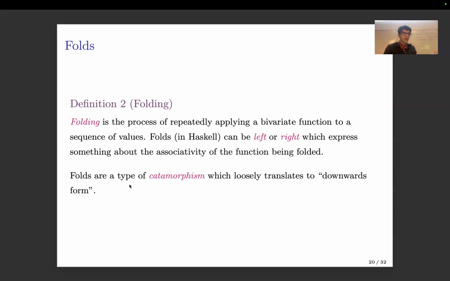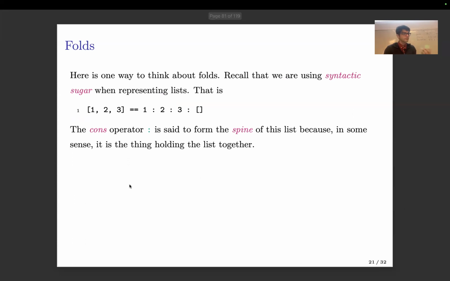Now, students always say that they struggle with folding, and genuinely, I don't understand why, because ultimately the idea is very simple. There's just a few bizarre nuances. So remember how we talked about lists? And I said in Haskell, lists have spines. They don't really have commas or anything like this. So if you